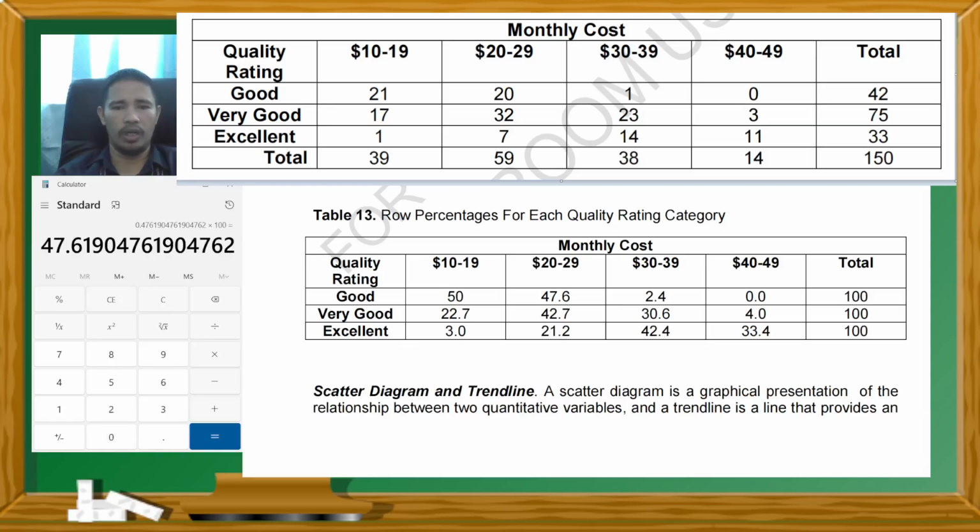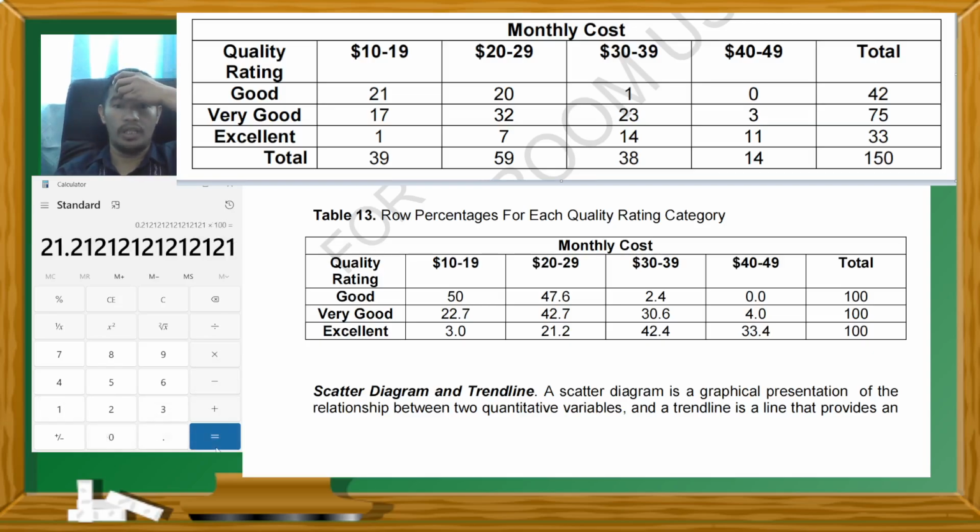So that's this one, 47.6. Then we also have 32 divided by 75 times 100, so that is 42.7. Then 7 divided by 33 times 100